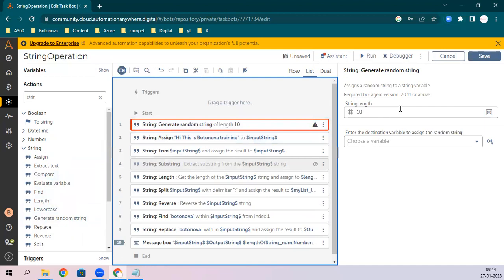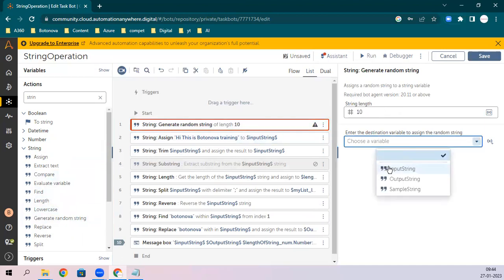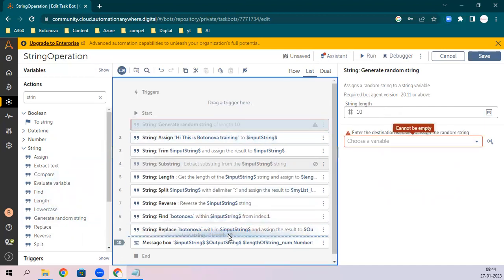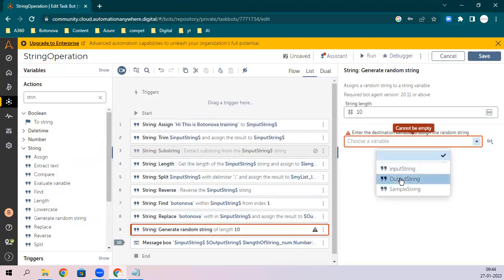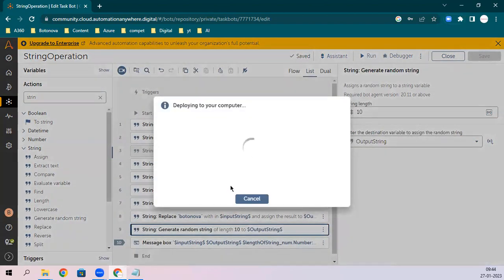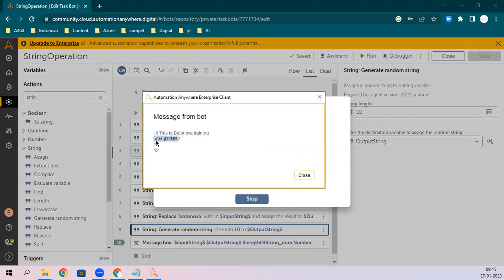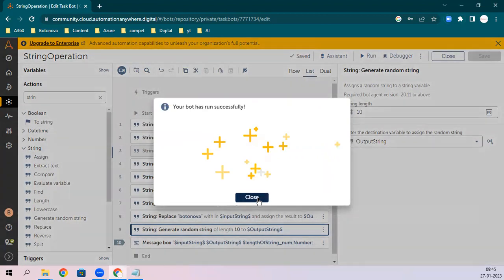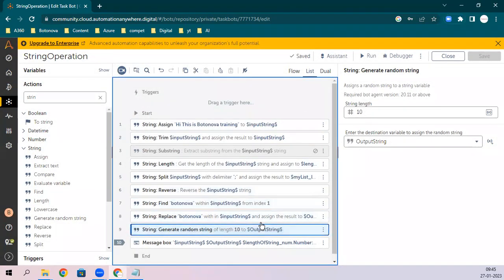is simple. If you are working on some password, it will just create a sample string. Let's suppose अगर मैं output string create करूँ, आउटपुट पे साइन करके it will just create a random string of length 10. Okay, so you might use it for password generation. You are working on some automation password generation, you are resetting the password using automation anywhere, so you can use this string. ठीक है, ये random वाला string वहां पे use होता है. ठीक है, generate random string of length 10.